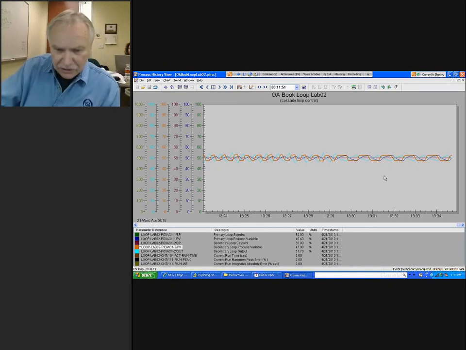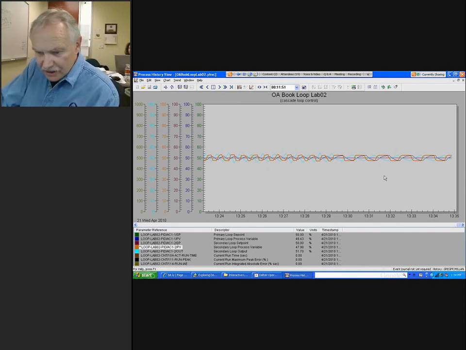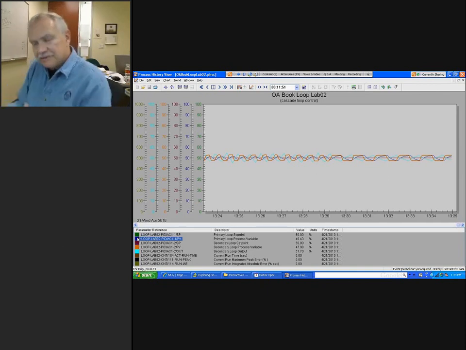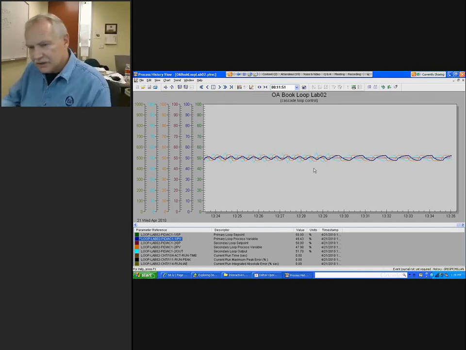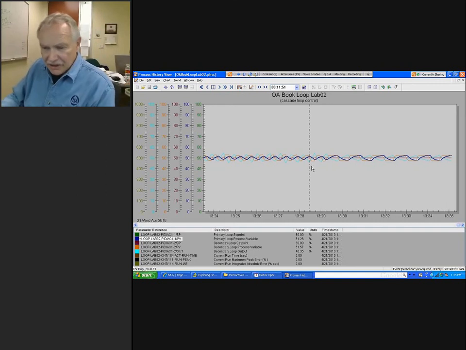And if you take a closer look here, notice the amplitude of the primary process variable. We said it was maybe a little over 1.2, 1.3%. Now, because of the slower oscillation, the filtering effect of the primary time constant is consequently less. Now we've gone from an amplitude of